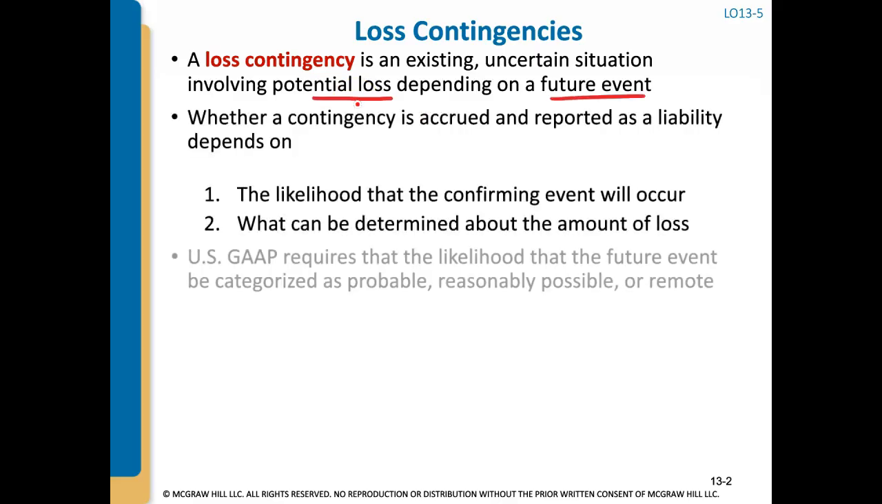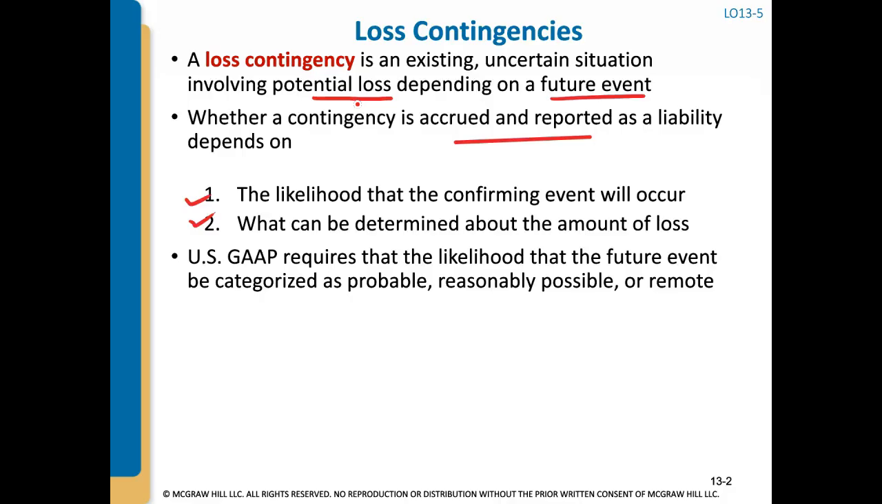There's a whole other video just for loss contingencies that goes through it in much detail, but I'll just go through some of the highlights here. A contingency is accrued and reported, which means it's recorded based on the likelihood that the event will actually occur, and the amount that is recorded is determined based on whether the loss is known